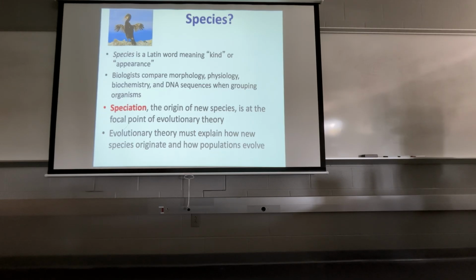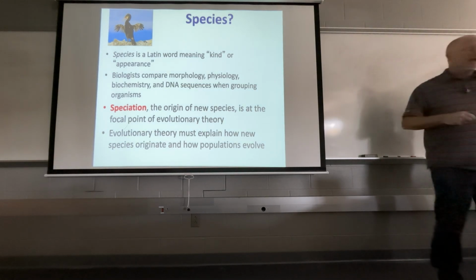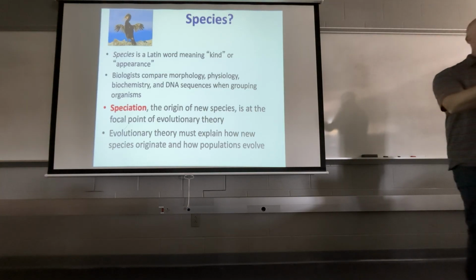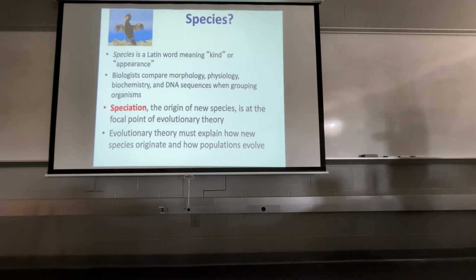The big question comes down to this: once we define what a species is, then biologists have to, using evolutionary theory, explain how speciation occurs. That is, how are closely related species related to each other, and who did they come from? Or how does speciation happen? If you have a population of one species, how does it split into two species? And we're going to go through how we have observed that kind of event and how speciation actually occurs over